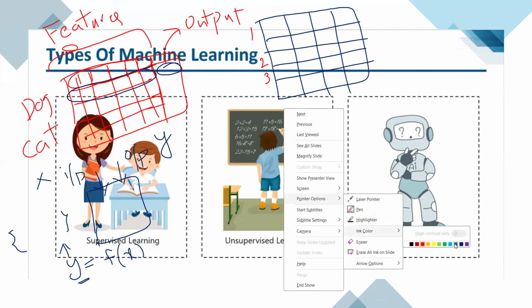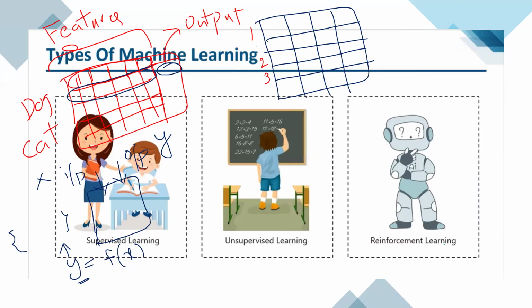In this case, you're not actually giving any output to the algorithm. But rows 4 and 5 belong to cat, and 1, 2, 3 belong to dog. Now, what these unsupervised learning algorithms will do is